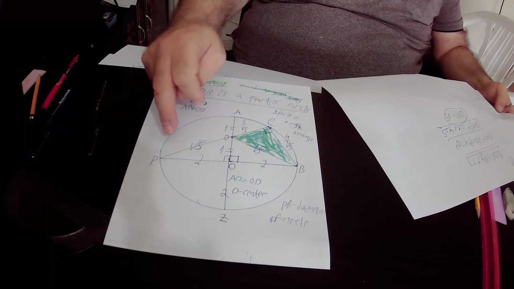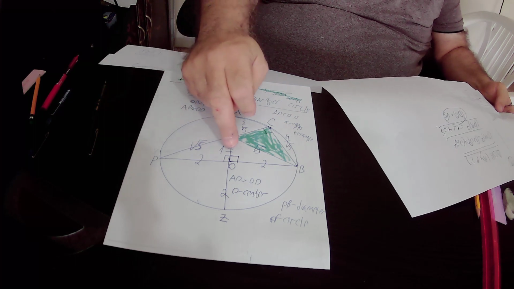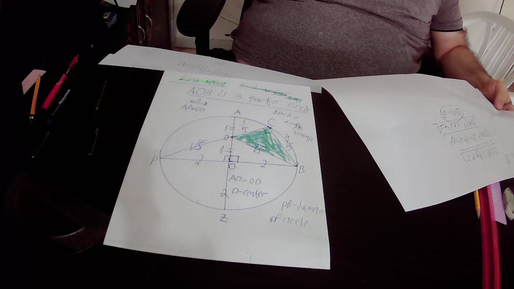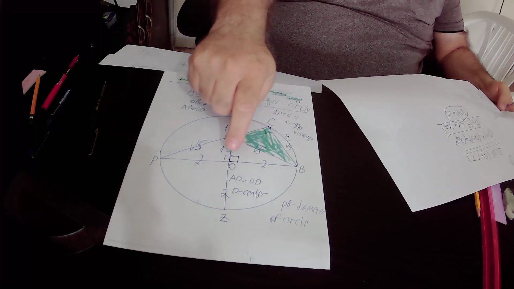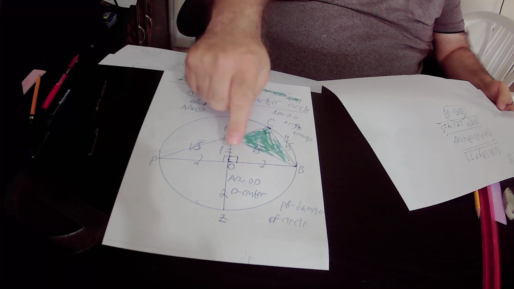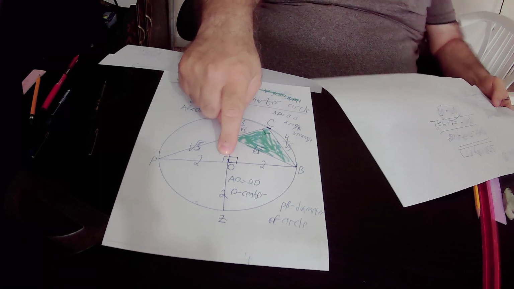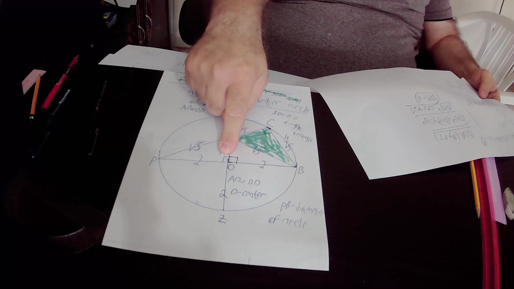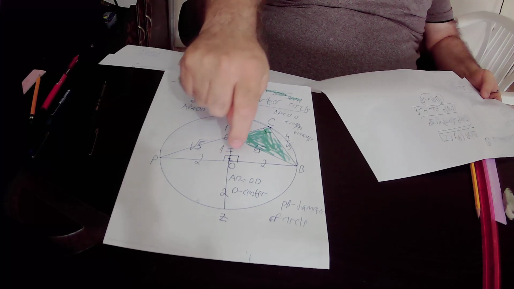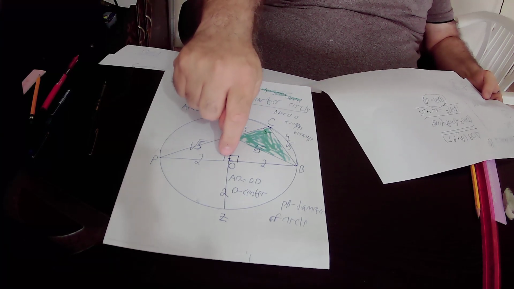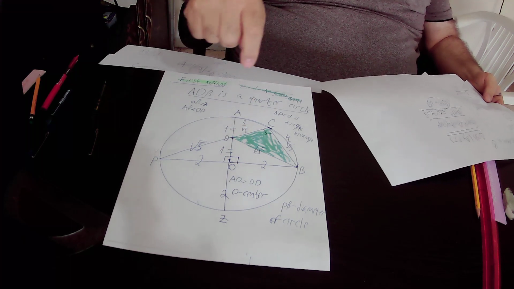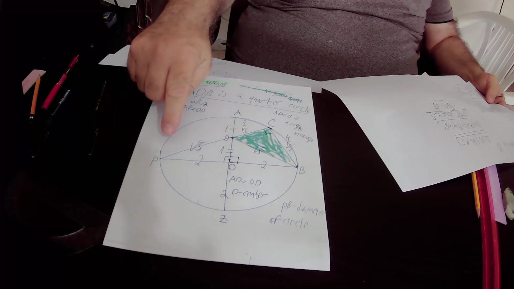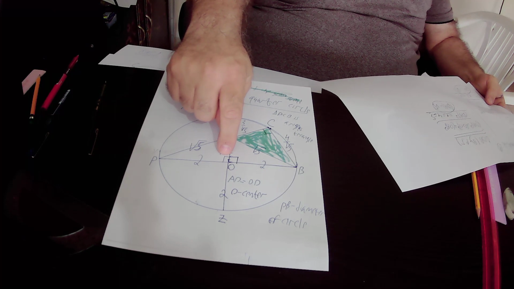So if we focus on the upper side of the straight line PB at point O, this angle equals 90 degrees, therefore the missing angle must also equal 90 degrees. So we found that in triangle POD this angle equals 90 degrees,